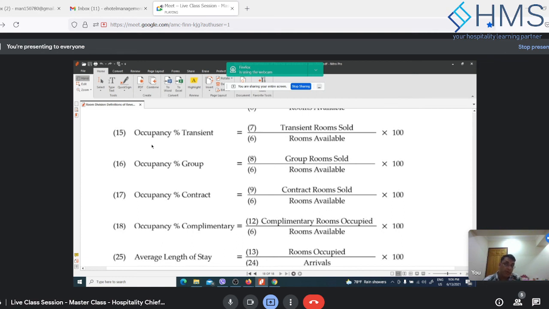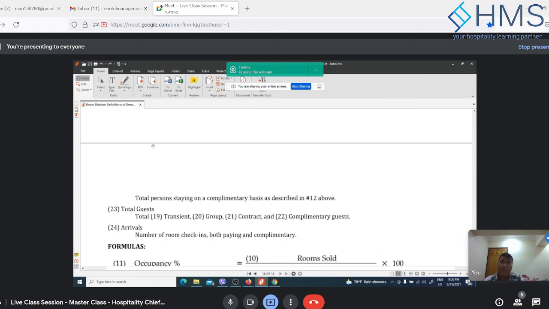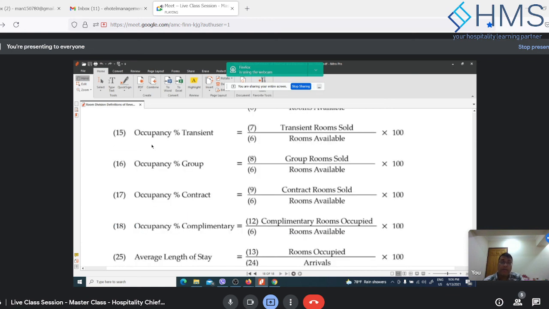So in most of the hotel accounting systems, there is a facility for memorandum accounts. Means they are not like debit credit accounts, their balance does not have to tally. They are just memorandum accounts, purposed mainly for recording the statistics, and that is used in the calculations when you are calculating the other statistics, and it will become part of your profit and loss statements. So you have to keep that in mind whenever you are designing an accounting system or chart of accounts. You have to keep these accounts as well in your chart of accounts.